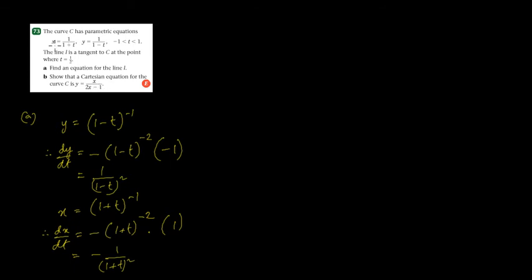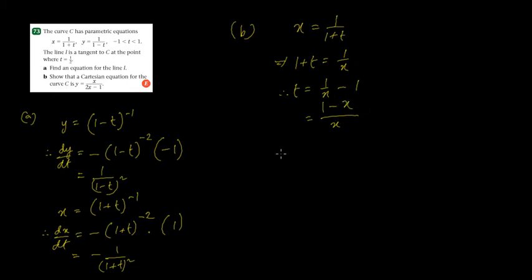Since this is algebra, this is not trigonometry, so this would be pretty straightforward to do. So x equals 1 by 1 plus t, so if we cross multiply, 1 plus t would be 1 by x, so therefore we can say t equals 1 by x minus 1. It's a good idea to simplify this now. So x into 1 by x is 1, minus 1 into x is x, so t equals this. So now we can put this in the next equation. So y equals 1 by 1 minus t, and t is,